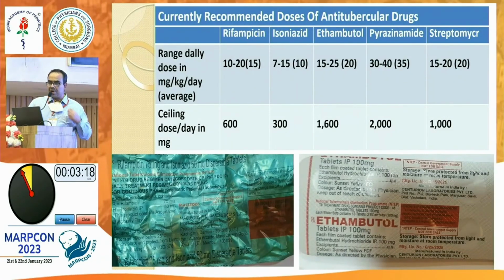As per the newer pharmacokinetics, the dosage has been revised. Now we have INH 10, rifampicin 15, ethambutol 20, pyrazinamide 35, streptomycin 20. Don't consider those drugs to be of inferior quality or generic, because they are prepared by Macleods. They are better drugs than what we used to give in our OPD. We have fixed drug combinations which are dispersible, INH, rifampicin and pyrazinamide for the initial 2 months, in a dispersible combination. And ethambutol, as it is a hygroscopic agent, we don't have a dispersible tablet for that.